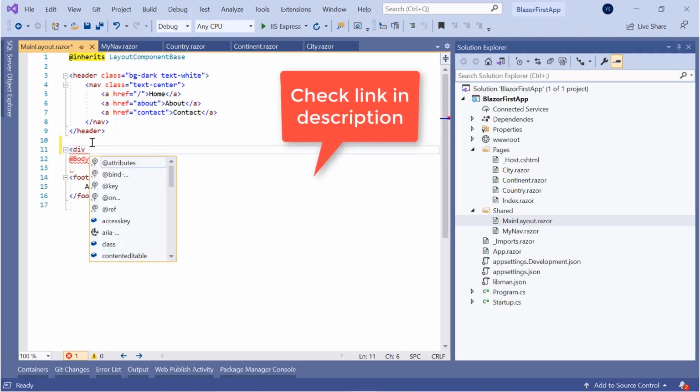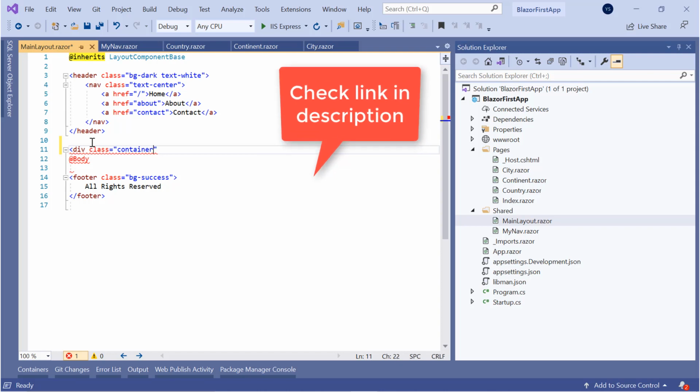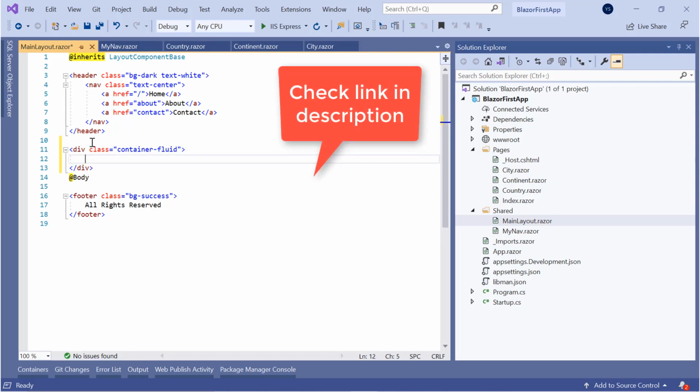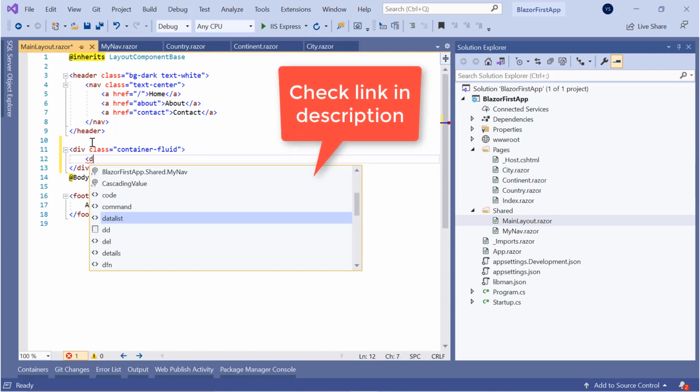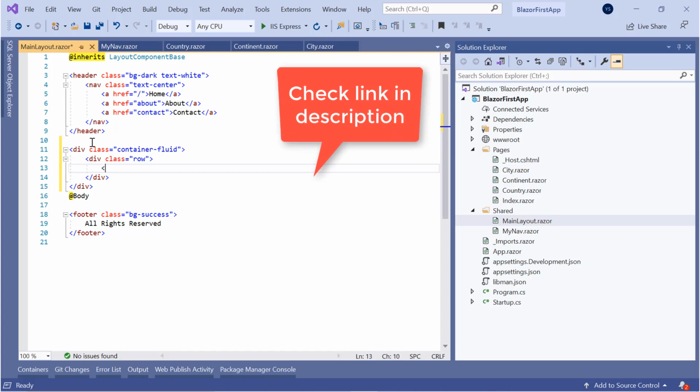Let us build it. So first we add container-fluid. These are all Bootstrap things, nothing to worry. You will find its code on the link below. And then I create a row, and inside it I create 2 columns.